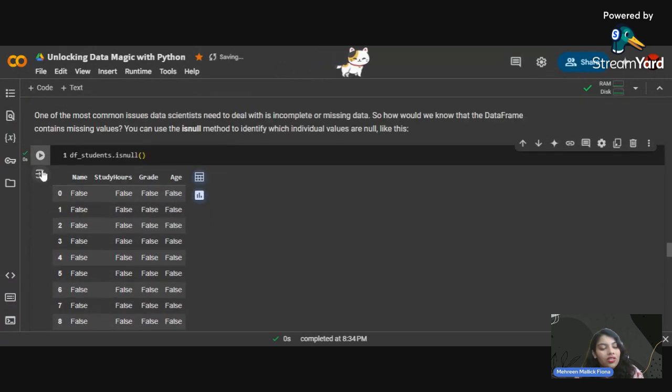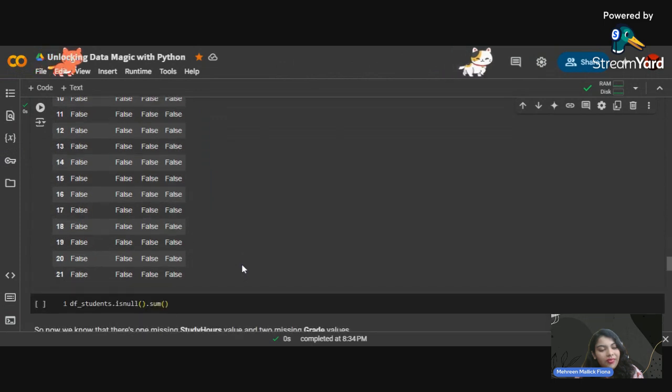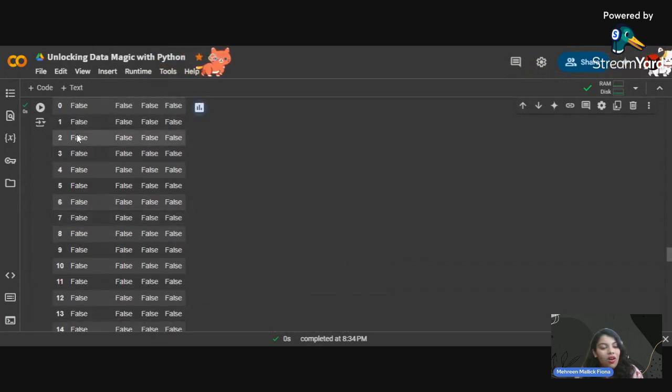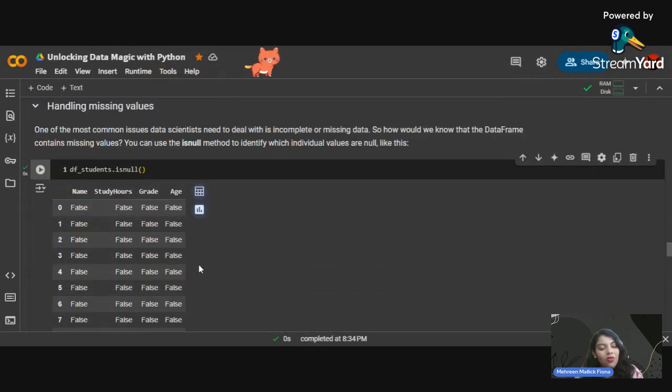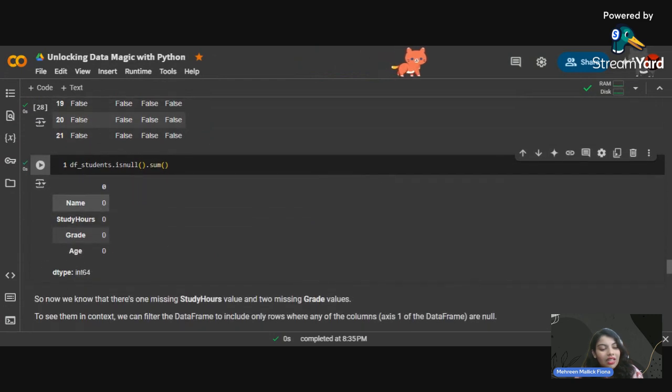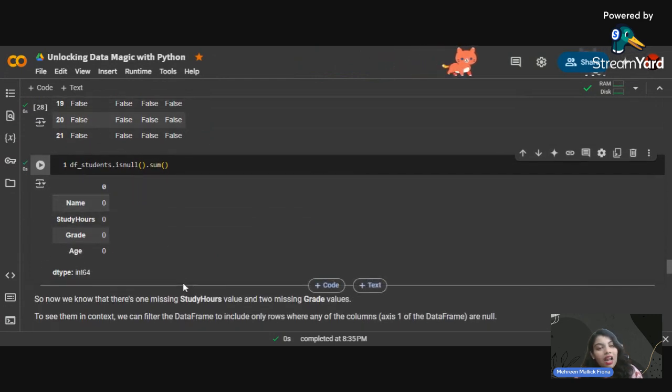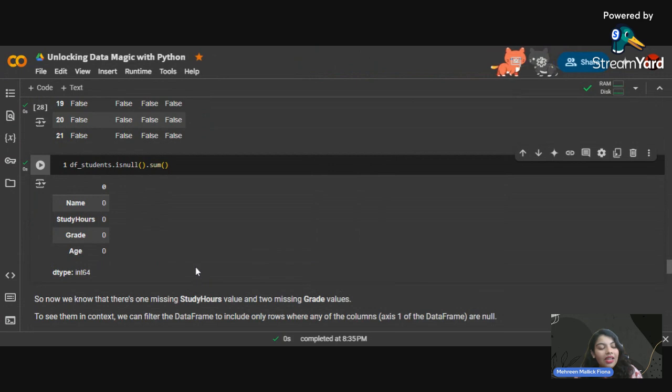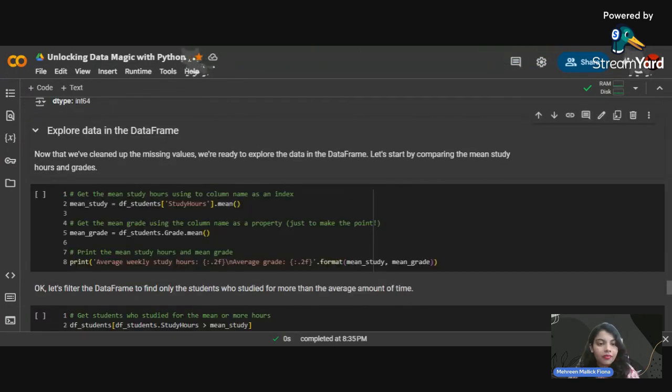We can also cross check in another way whether we have any null value or not, by simply adding the number of null values in the table. Because here it is a small table, we cannot simply go line by line and check it. So we have to use a shortcut technique, which is this one. We will run this and we can see the number of null values so that we can correct it and take action.